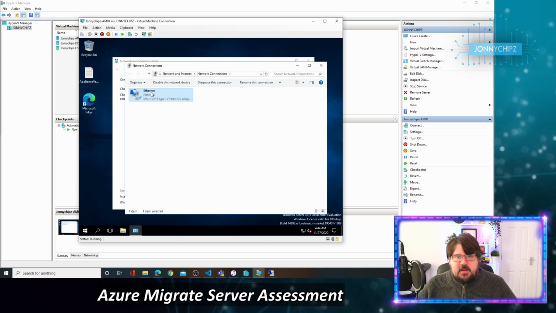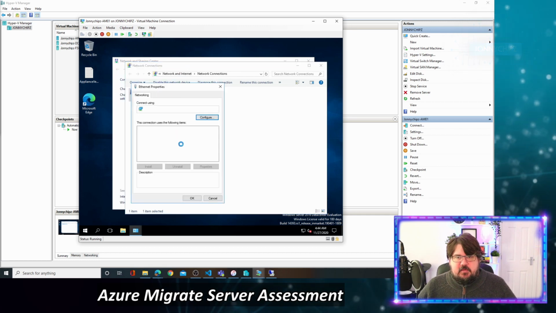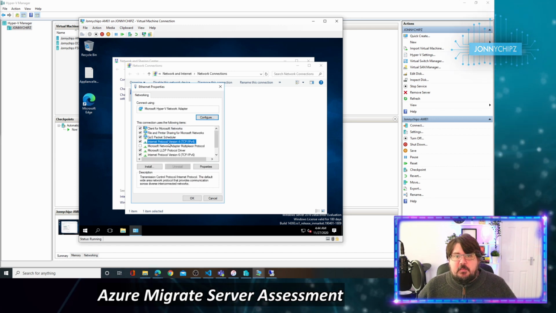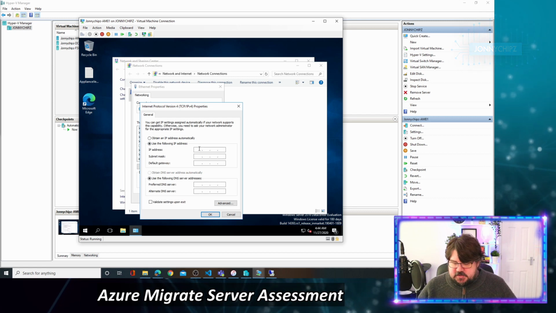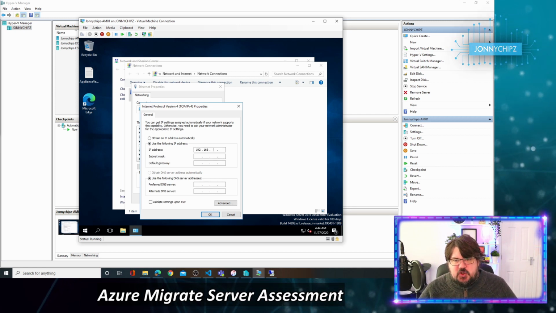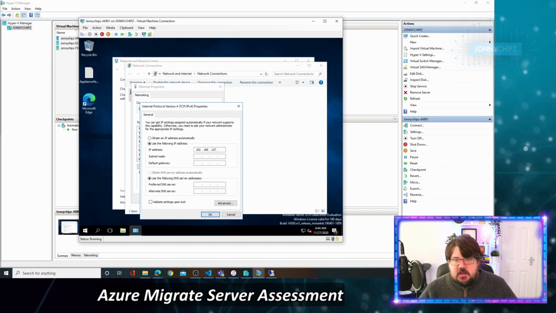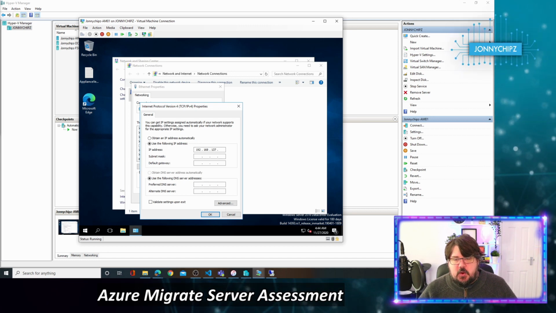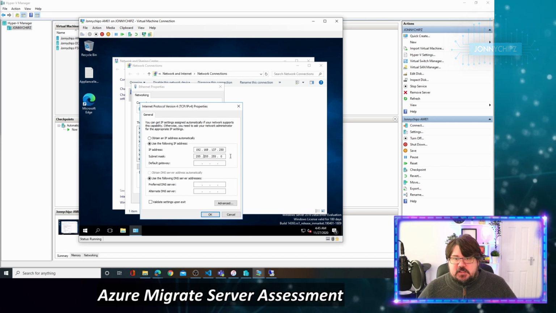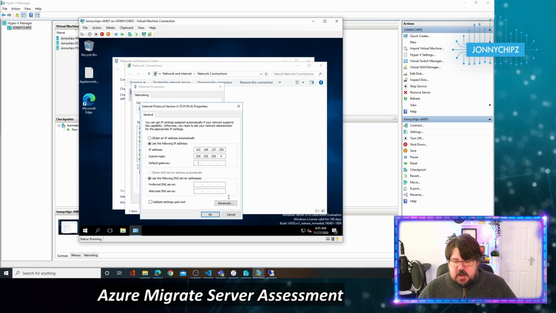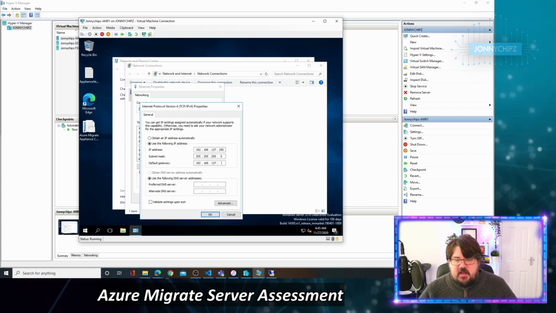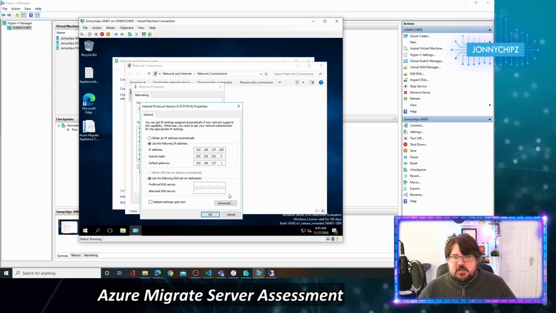So running a little bit slow for some reason at the minute, but we'll forgive that. I'm going to click on IPv4, double click it. I'm just going to set this as a static IP to the subnet that internal Hyper-V switch is on. So I'm going to give this appliance the IP of 137.250. It's a 24-bit subnet mask, and I'm going to use the IP of my switch interface as the default